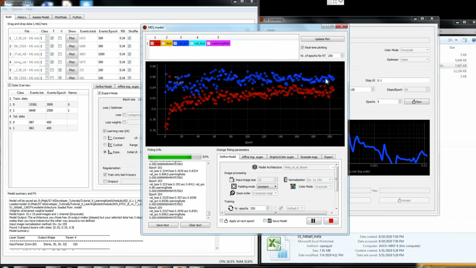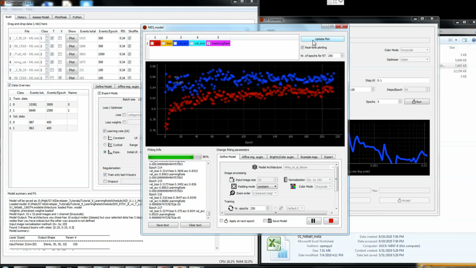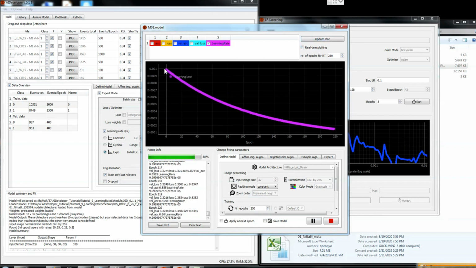Okay, here you can now actually see that at the end of this training, the scattering of the validation accuracy is much lower than at the beginning, which is because the learning rate decreased, and we can also plot the learning rate. You can see it here, how it exponentially decreased,